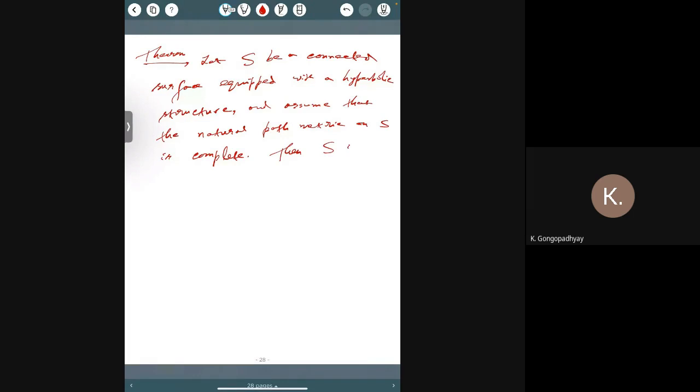Then S is isometric to H2 mod gamma, where